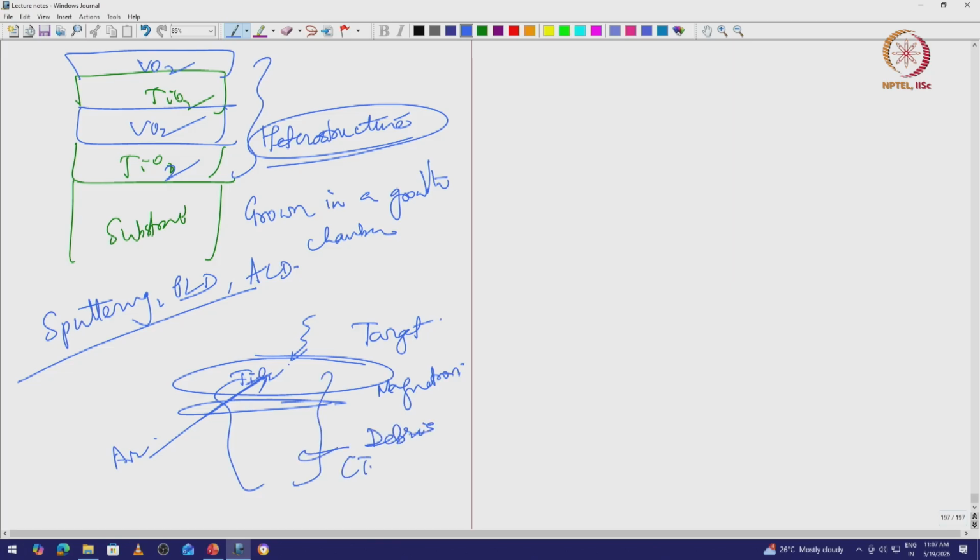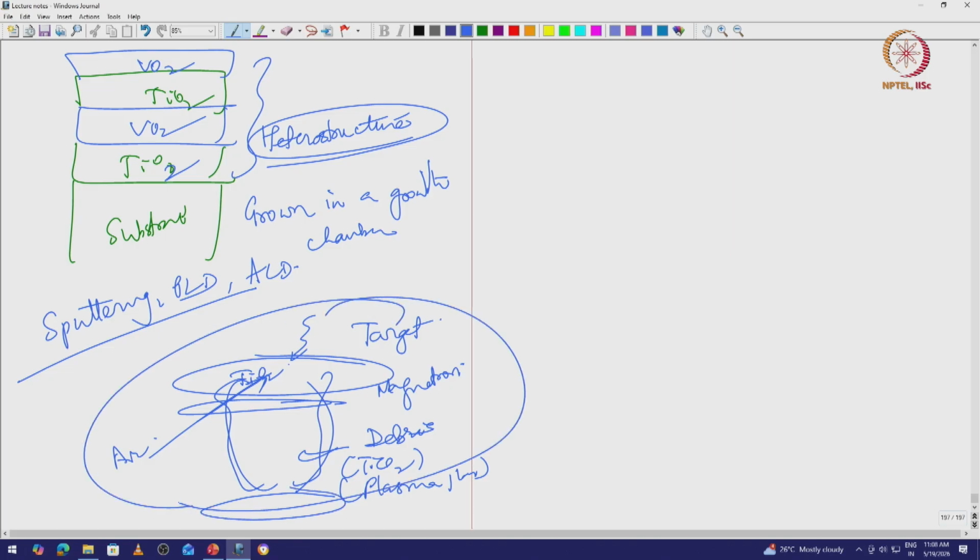and this is debris of titanium oxide, okay. And this debris is typically in a plasma phase, right, and then you put a substrate here, and everything is happening in vacuum. So I put everything under vacuum and just flow argon. The pressure inside the chamber is because of the partial pressure of argon and the partial pressure of oxygen, since I want to grow oxide, right. So argon ions bombard,